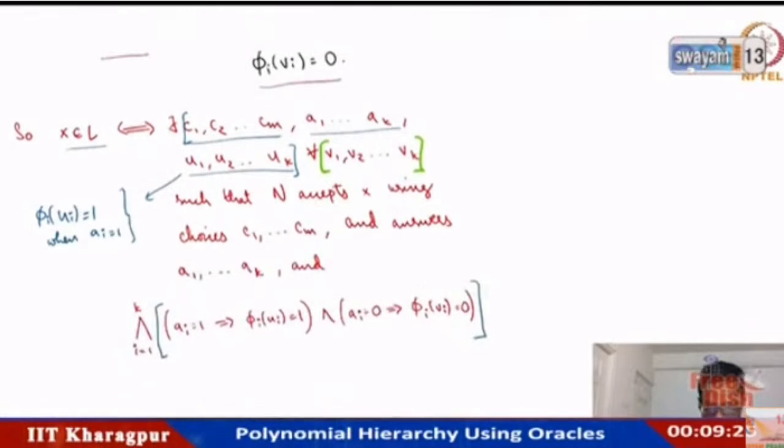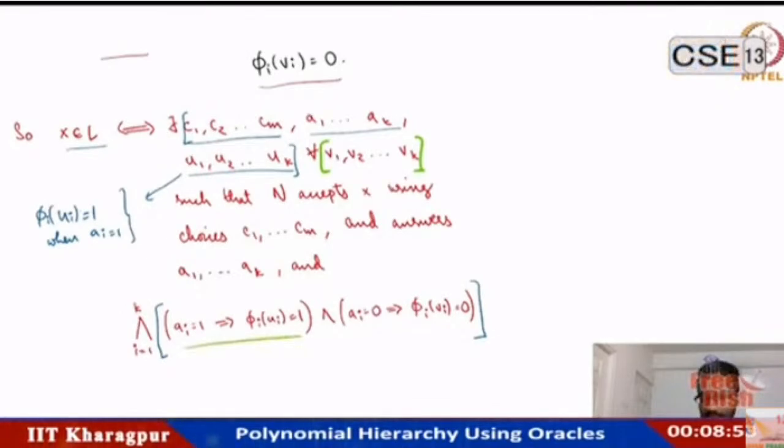So this is the acceptance of N, and finally we also want to verify the correctness of the queries. This is just about N. We also want to verify what the oracle did. What is it that we should verify? Whatever I had written here, if AI equals 1, then we should verify that phi I of UI is equal to 1. So it's an implication that I have written here,